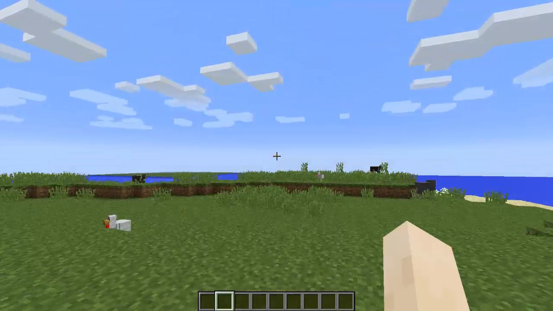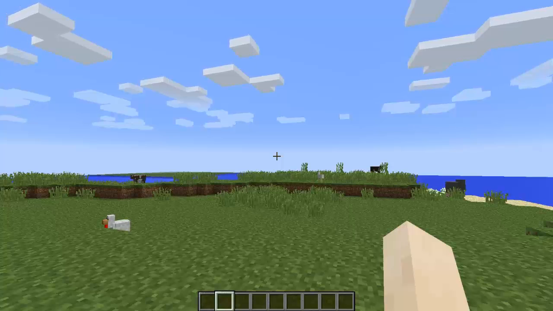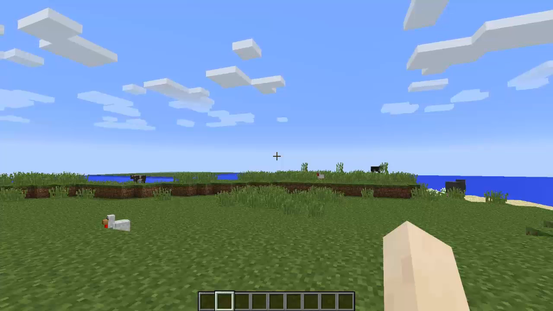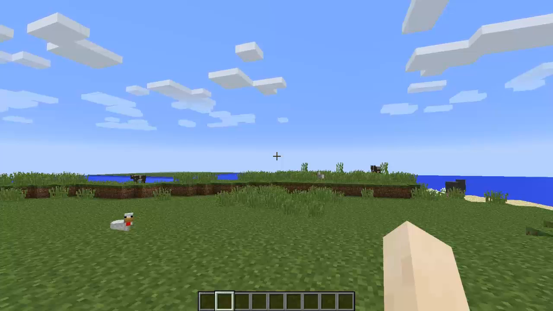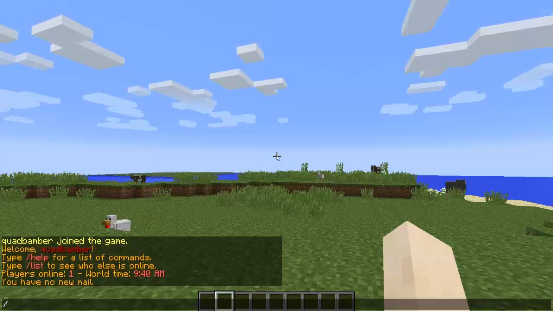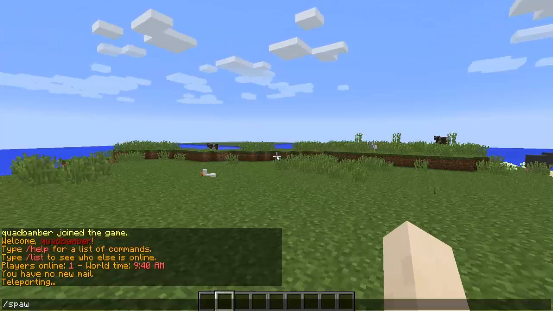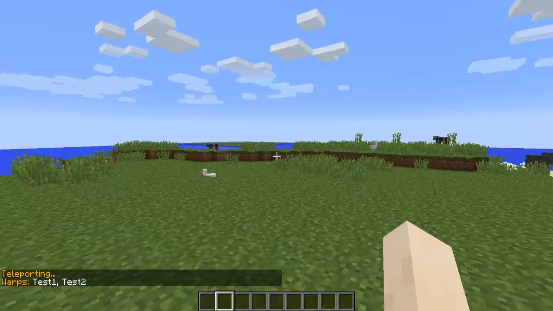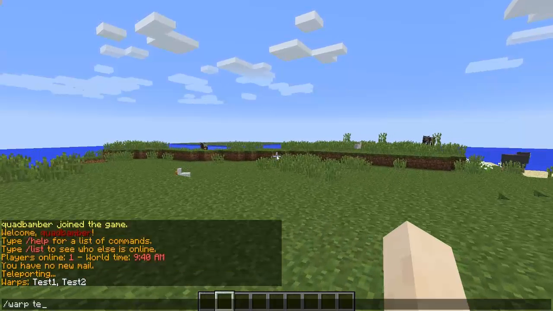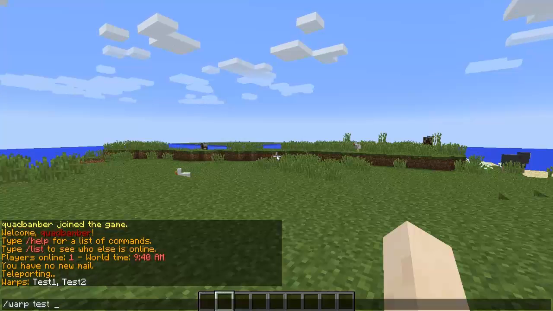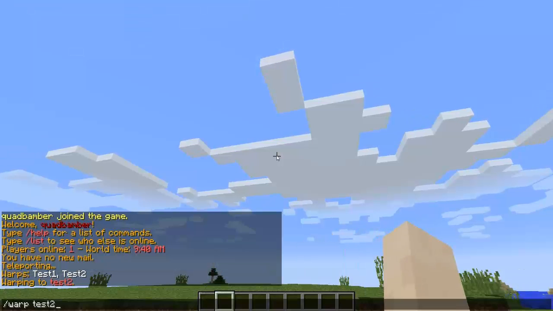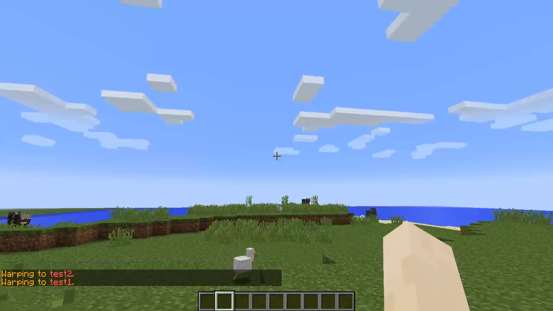Our next plugin is good old Essentials. If you are on a public server, I don't know what they'd be doing if they don't run this, but every single server I know of runs some form of Essentials. I've always used it. It is probably the backbone of your server. Some of the things you can use in Essentials: you can do /spawn, which takes you to spawn. Then you could do /warps, and it will give you a few warps. So let's just do warp 2.